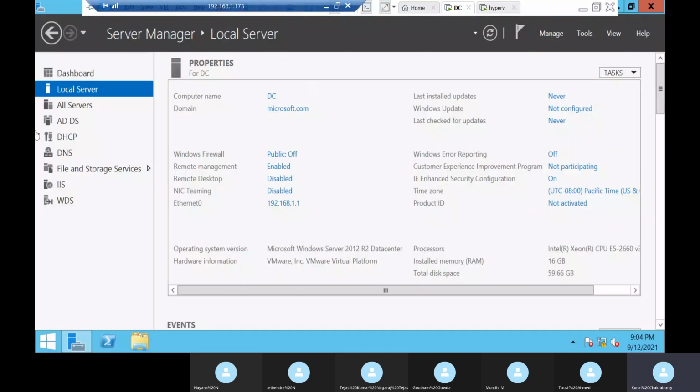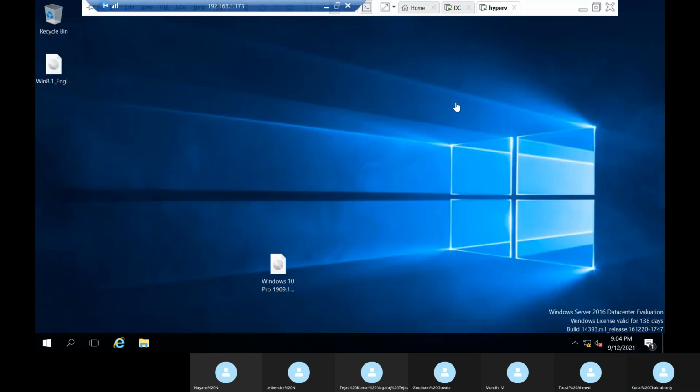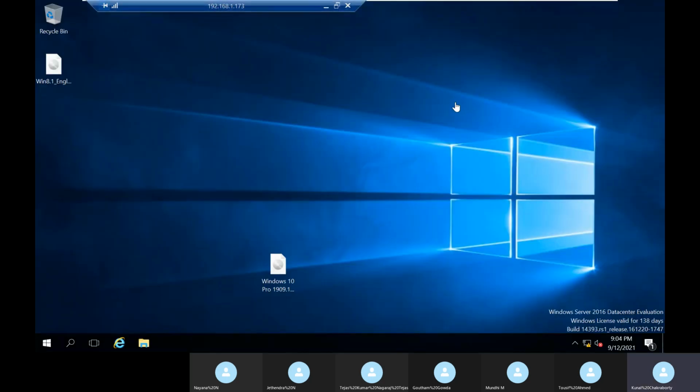Now read only domain controller का मतलब है this DC, Active Directory and DNS is configured, correct? Just migrating this AD and DNS from one DC to your RODC. It's just the backup.